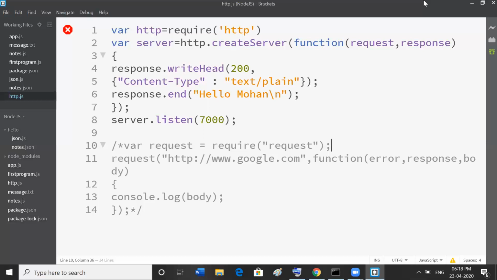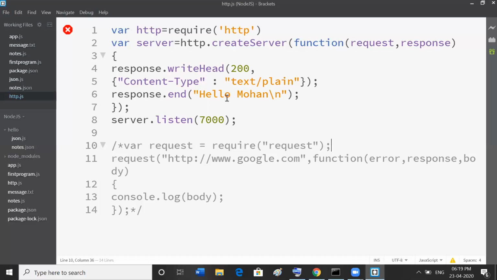Now I'm going to create the web server, so that the server is going to listen on this port number. The port number is 7000. Through this port number, the server is going to listen to the client request. Whatever client request comes through this port number, it's going to display a message for that client. Whatever message I put here, the same message is going to be displayed. This is the application I need to build here.